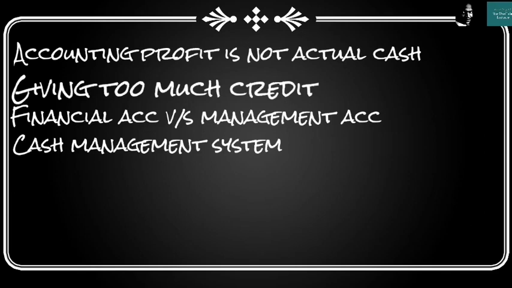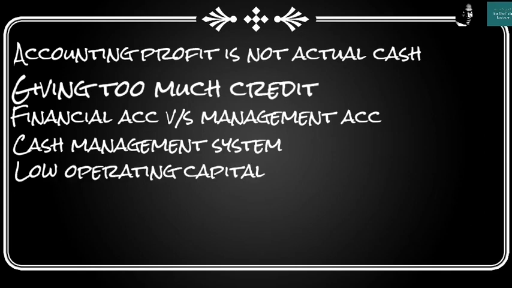Secondly, in this case, she did not have enough money in the bank. Point number one, she had a low operating capital in the bank that she was keeping. She was supposed to keep sufficient money in the bank in cases where people are not able to pay for any reason, so that she's able to cover all her expenses, but she didn't do that. The third one